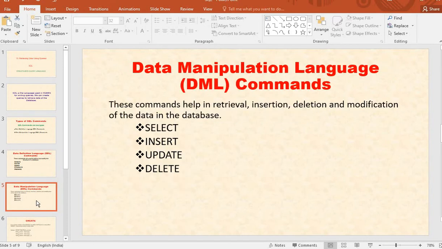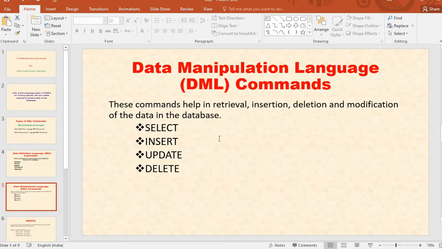Next, data manipulation language. Shortly it is called as DML commands. These commands help in retrieval, insertion, deletion and modification of the data in a database. If you want to retrieve data from a database, then you may use this type of commands.